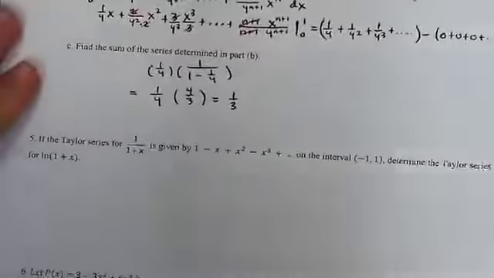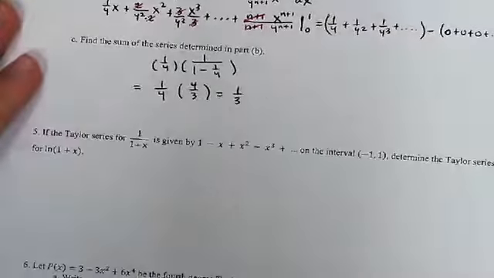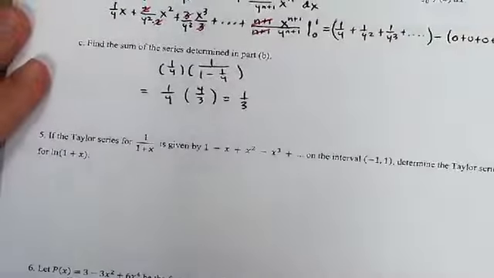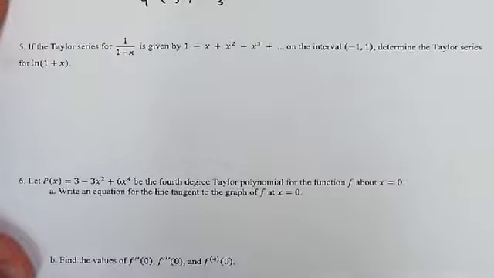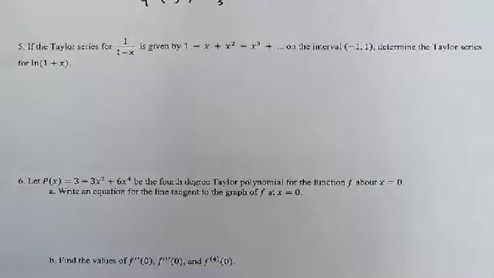Okay. If the Taylor series for 1 over 1 plus x is given by 1 minus x plus x squared minus x to the third, and so on, determine the Taylor series of log of 1 plus x. Well, think, how do I go from 1 over 1 plus x to log of 1 plus x? Well, that would probably be